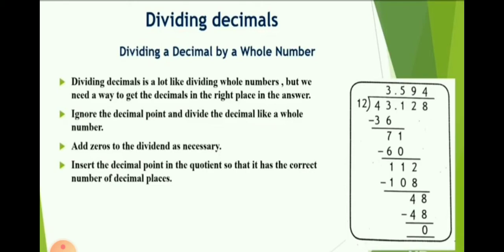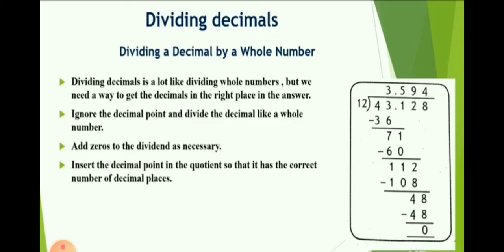Okay, so here you can see your dividend is 43.128 and your divisor is 12. First we will find the multiple of 12 that is less than or equal to 43. So we all know 12 3s are 36 and now we will subtract 36 from 43. 7 will be left. Now you can see after 43 there is no other digit before the decimal. So you will put the decimal in your quotient. Now you will bring down 1.